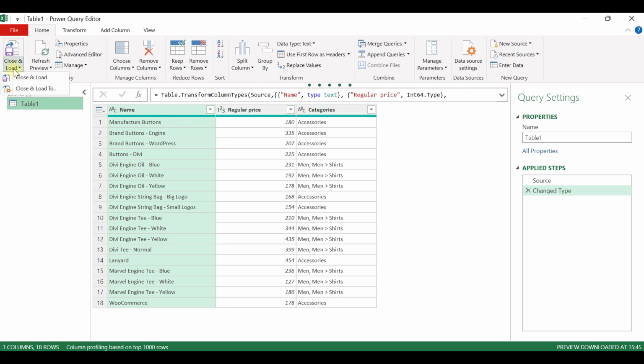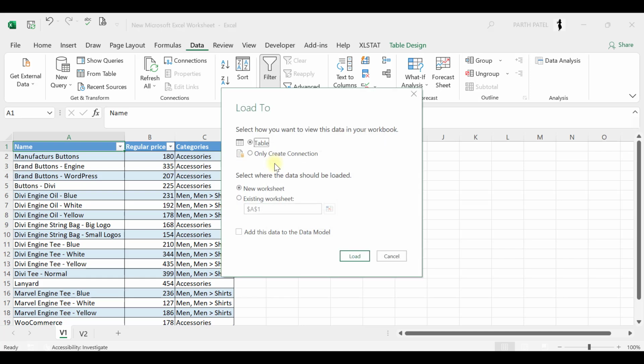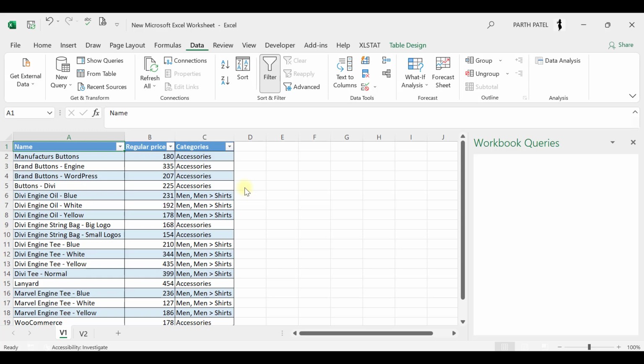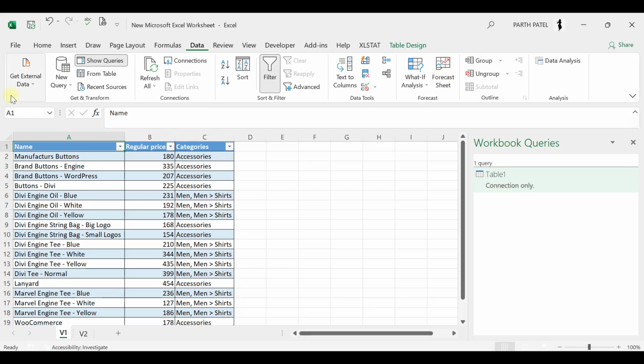And now let us go here and select Close and Load To. You don't have to click the main button, you have to select the drop-down, and let us select Close and Load To, and it will give you a pop-up. After that you need to select only Create Connection and select Load. So here you can see that we have the query of table 1 as only connection,